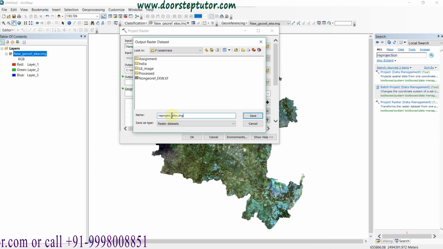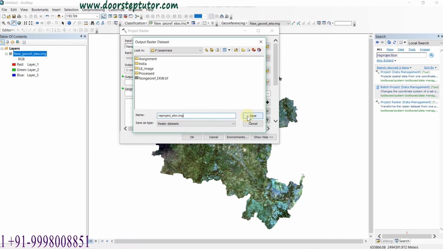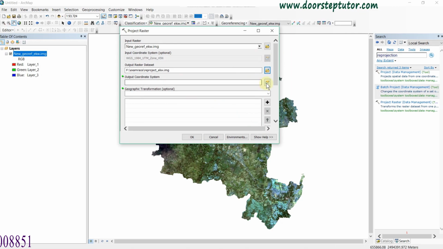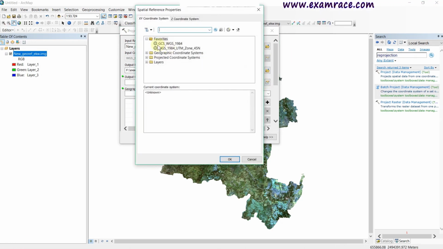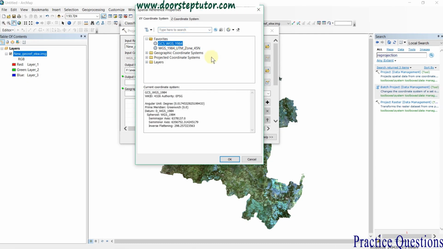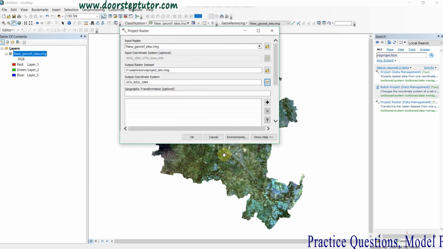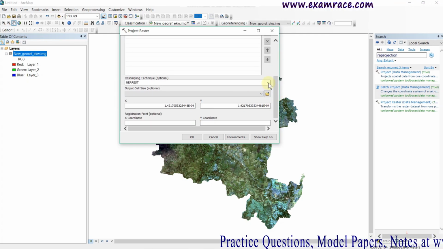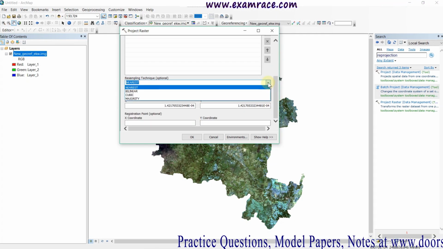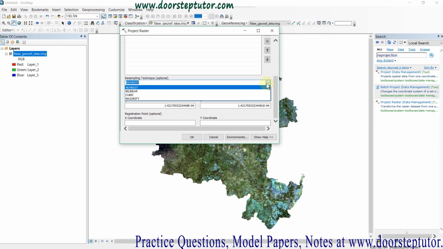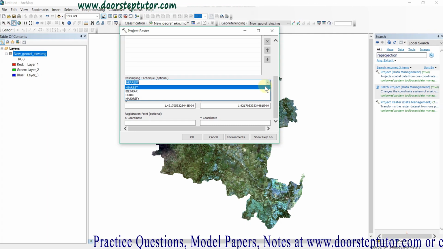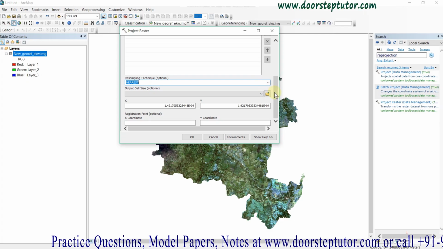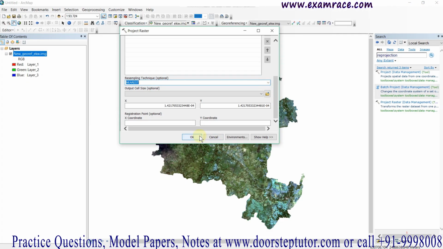Don't forget to give the extension .img. Simply save it. The output coordinate system I am giving here is GCS WGS 1984. Simply click OK, and for the resampling method you can give bilinear or nearest neighbor. I am simply taking the nearest neighbor method, and OK.